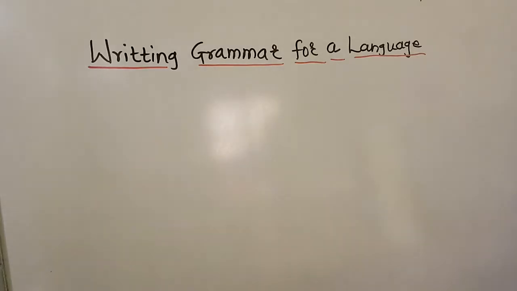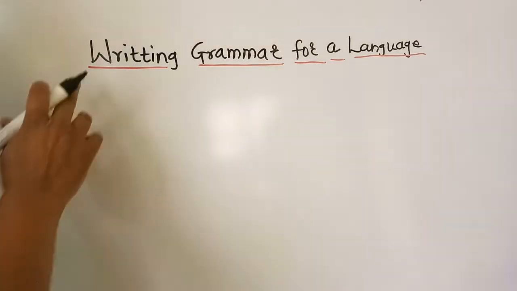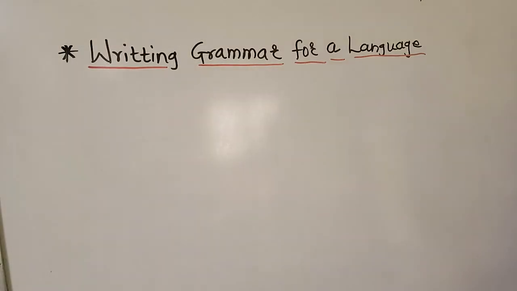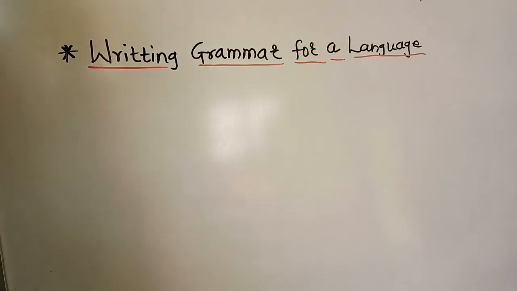In this video, we will see another topic related to context-free grammar, and that is writing grammar for a specific language. In the last few videos, we have seen how to write a sentential form or the parse tree form for generating any string from a context-free grammar. Now, it is our turn to write a specific grammar for any language. So we will start understanding these terms now.